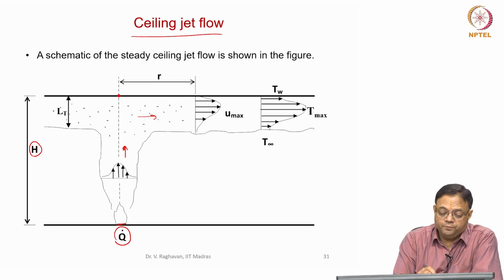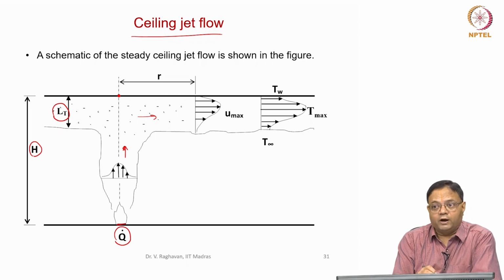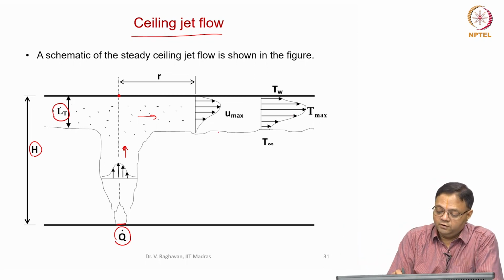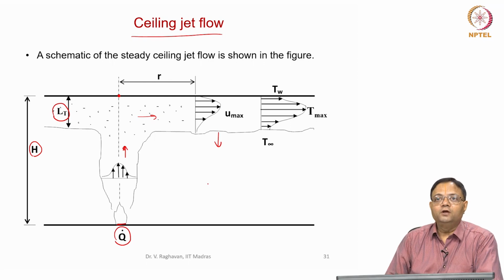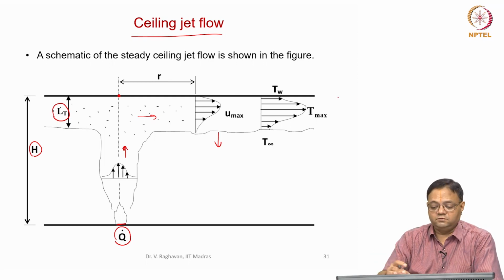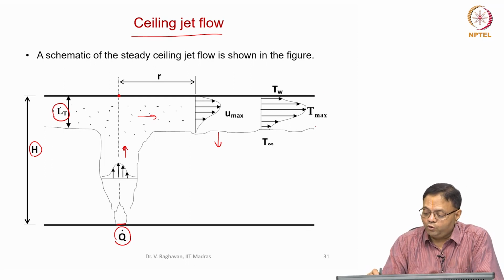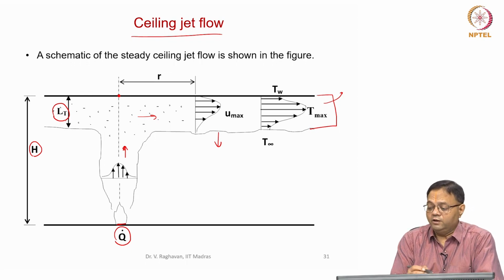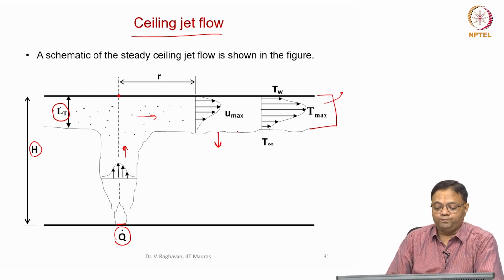Now, this layer has a height. So, after a particular time instant, this layer has a height of LT. Now if this jet cannot go out, then this layer will descend down. If this can go out, then it may be a steady layer of constant thickness. For example, if there is a window or a ventilator from which this can go out, then obviously, if there is a continuous fire, this layer can become a steady layer. If it is not, then the layer can descend down. That is, the LT